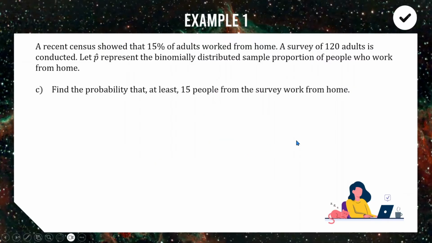Okay, for part C, find the probability that at least 15 people from the survey worked from home. We want to turn 15 out of 120 into a z-score and then find the probability of being greater than that. But it's already looking like this video is going to be 100 hours long, so I'm going to say